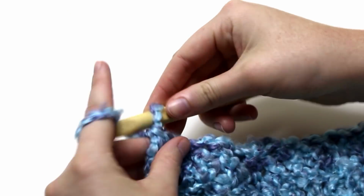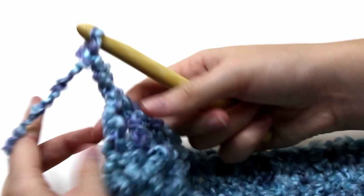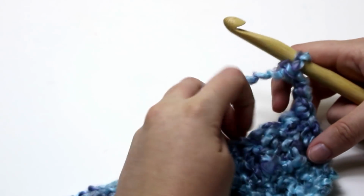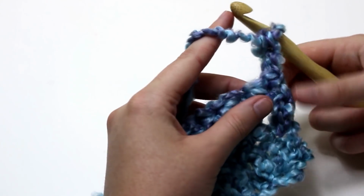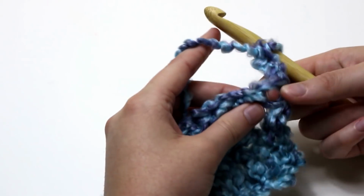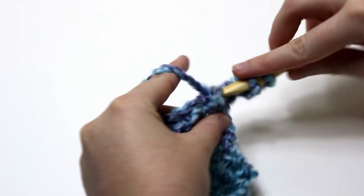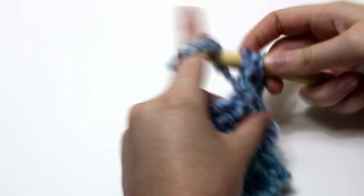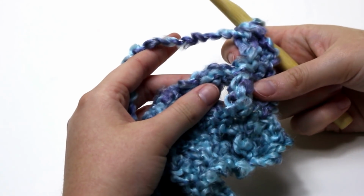For row 3, chain 2 and turn. Find the very first stitch and work 1 double crochet into that stitch. Work 1 double crochet into the next 113 stitches. So double crochet 1 into the next stitch,